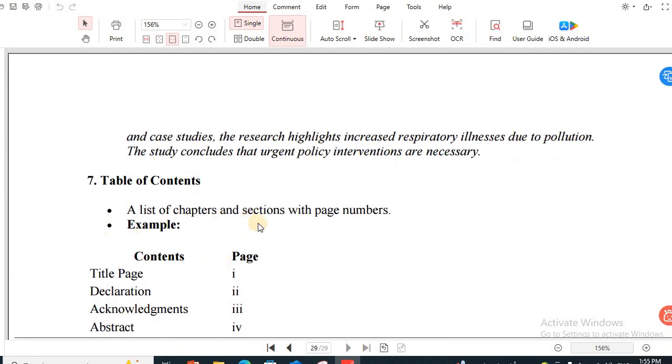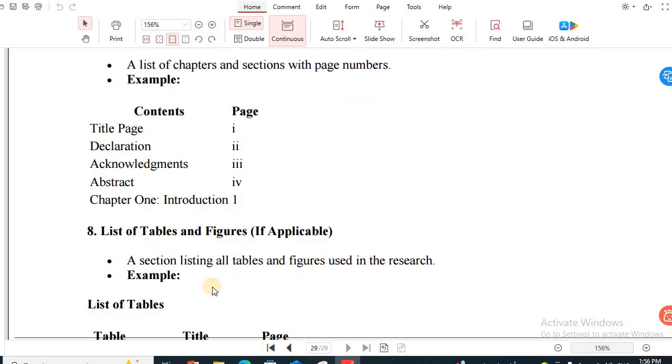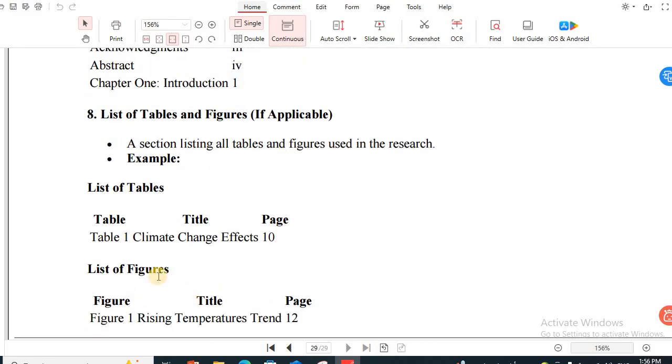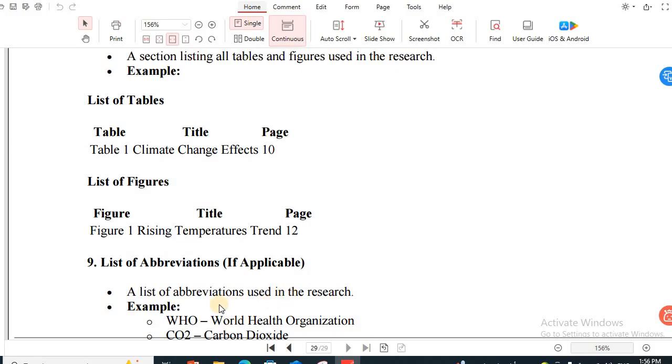Table of contents, and this is very clear. You type the title page and then the page number, declaration, and then the preliminary pages, they are written in Roman numbers. List of tables and figures, if you have. You are going to write table 1, figure 1, title, page. List of abbreviations used in the research, example,